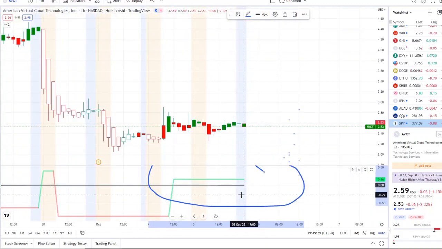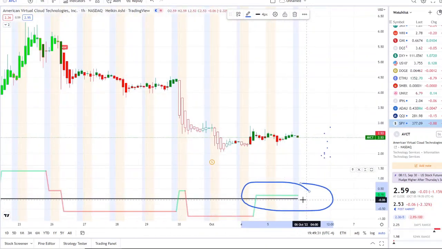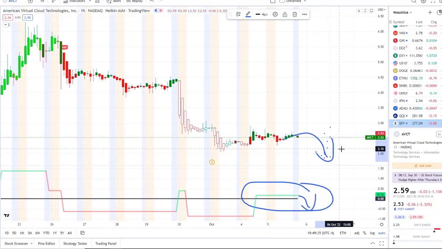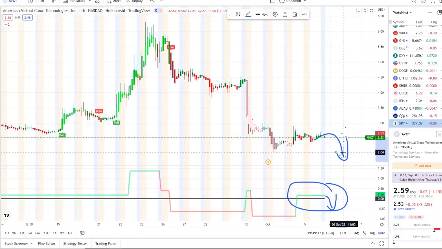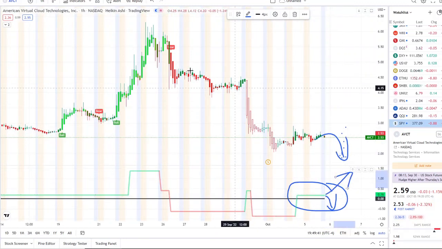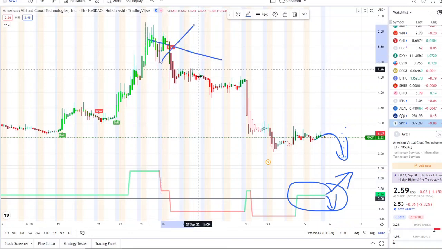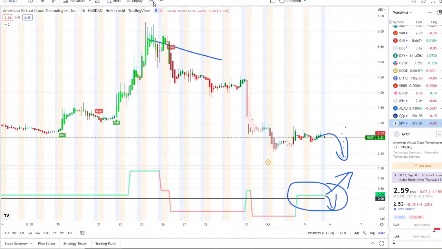It's above the midpoint. We want to see this stay above it. If this ever crosses downwards, that could quickly result in reflecting into the chart. We want to see this stay above it and actually pull upwards and get a bull indicator that cancels out that previous bear indicator from way up here at 5.30 and then all the way down to these levels where we're at right now. So super important to keep that in mind,